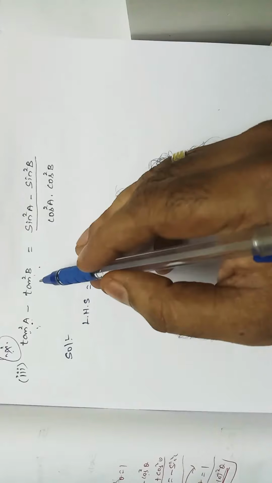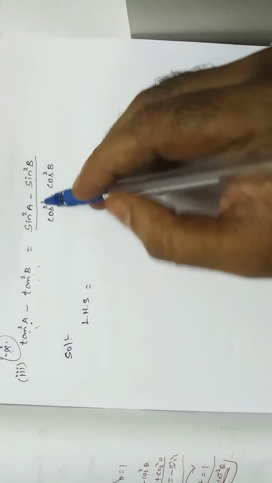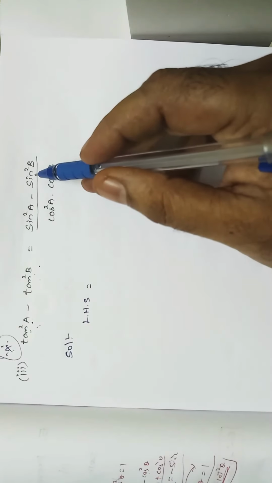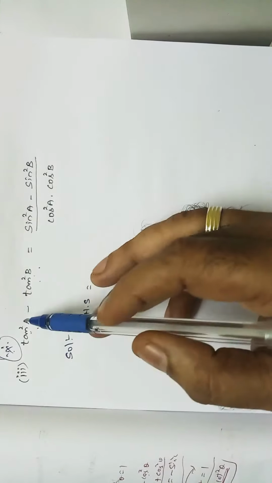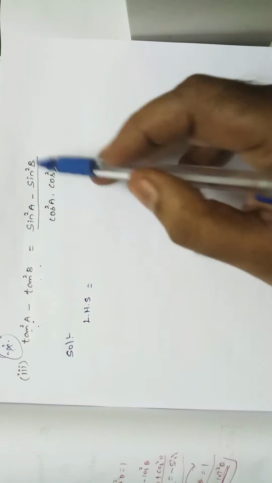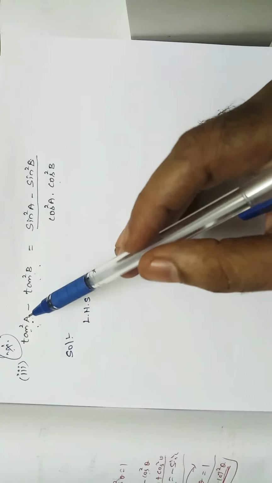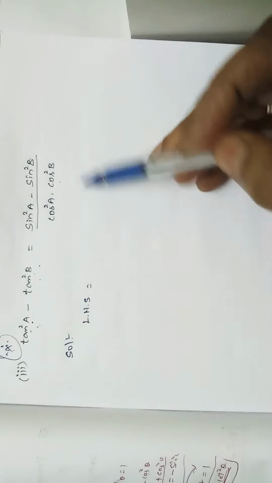See, in the LHS we are having two terms. In the RHS we are having only one term. It is in the form of a fraction, right? So better you take the LHS and we will try to bring the RHS. That is very easy also. See, tan square A, tan square B, square identity, and see the RHS how it will be. It is in the form of sine and cos. So very simple. Just convert this tan in terms of sine cos and simplify. Directly we'll get the RHS, right?